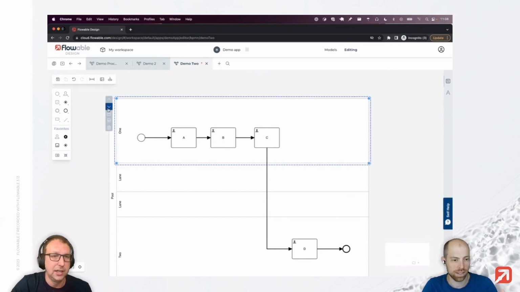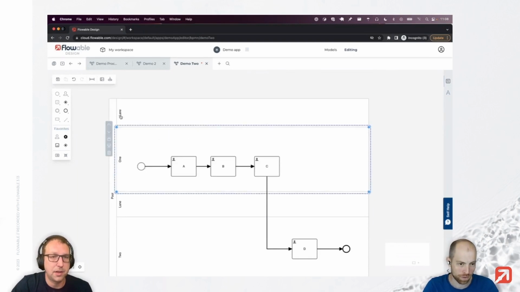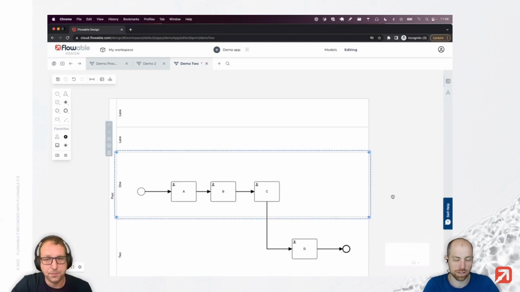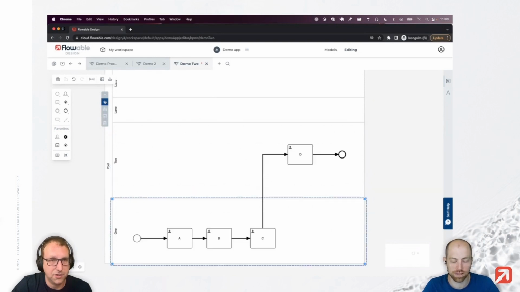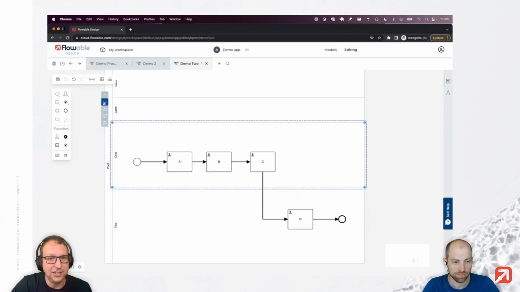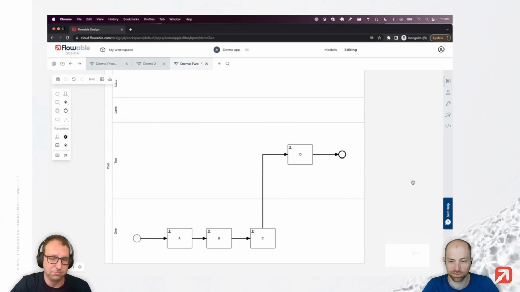So even if you move that lane 1 to the bottom, it will automatically adjust the sequence flow so that it goes out from the top. Exactly, a cool feature. We spent quite a lot of time on this sequence flow recalculation, because it's not that hard to recalculate,